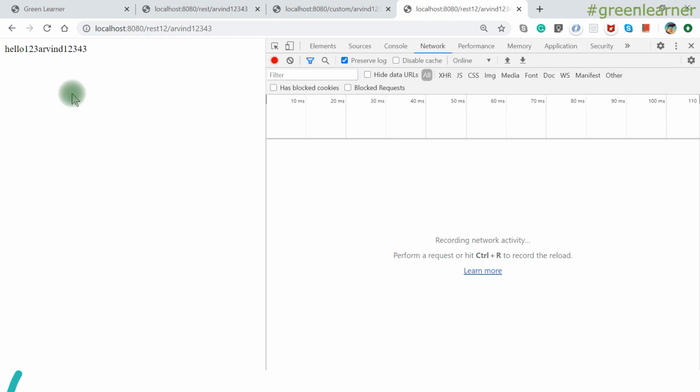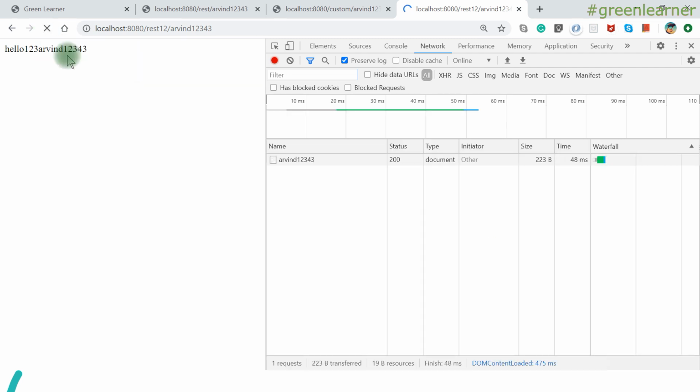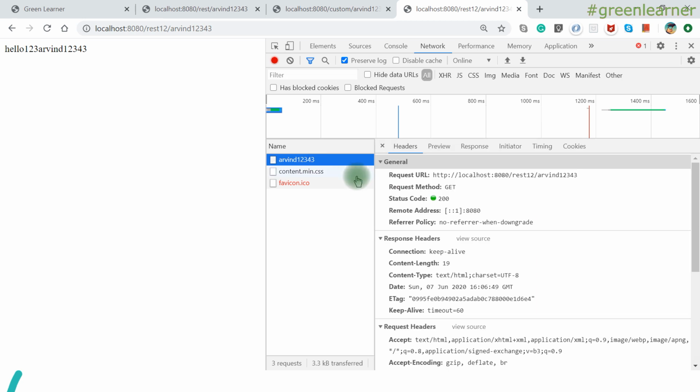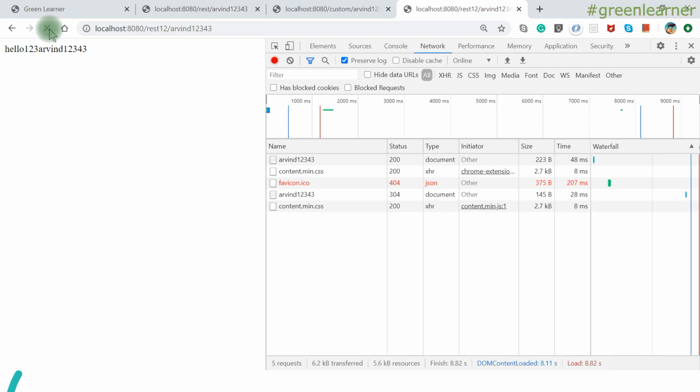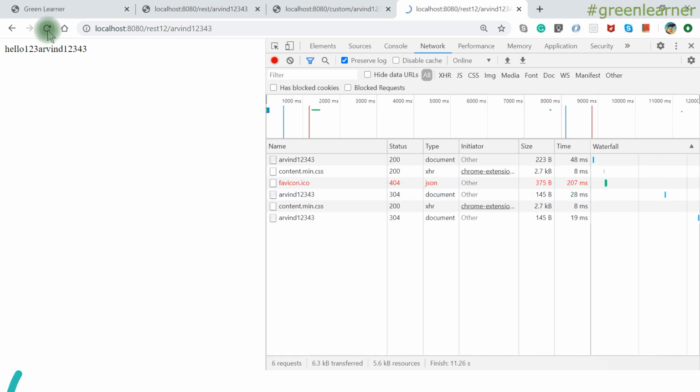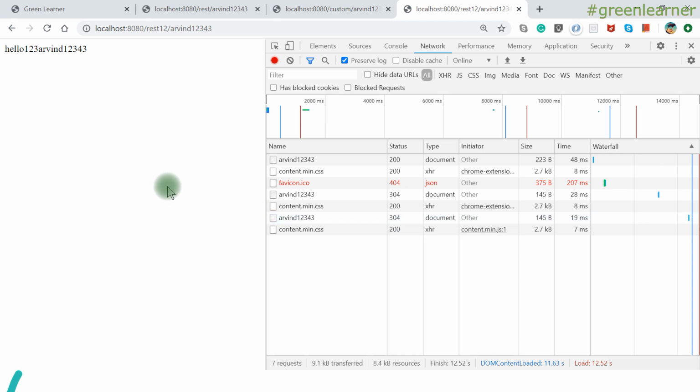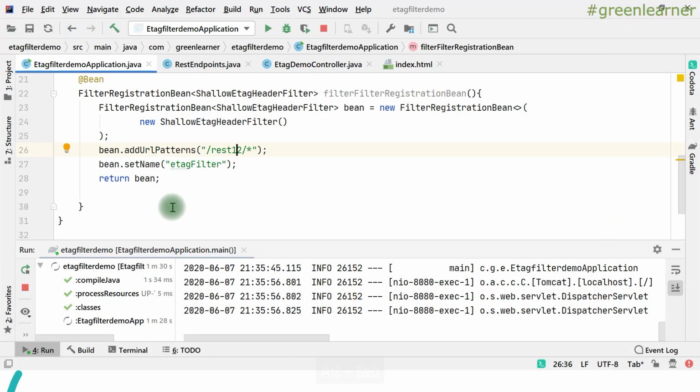We forgot to check this inspect information here. We can clear the cache again, because it's all about the cache, right? The header information is stored in the cache. If I clear that again, it will be considered a fresh new request without any ETag or other information, right? So I'm hard reloading this. This is the first request that we are sending, and the ETag information I can see here, right? This is what I wanted to show you, and if I hit again, I'm getting a 304 response, right? So now this rest12 is going to be honored.